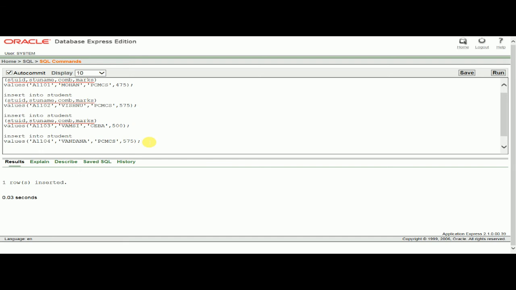Now this is the way you use the create command followed by the insert command, inserting the values into the existing table. However many values you want, you can keep on entering. But when you go for the front end and back end concept, these commands will be written by the programmer. The user will keep on entering the values, and using this particular command, from PHP it will go to the database.